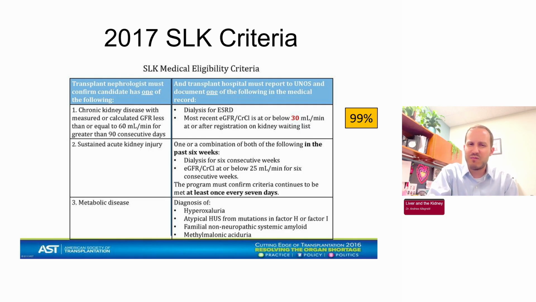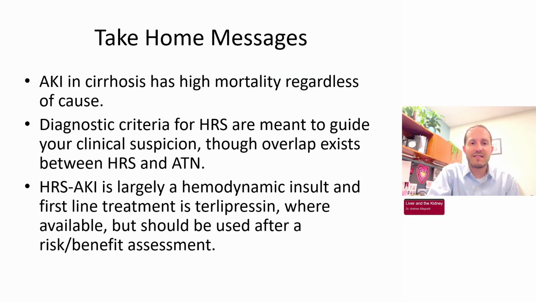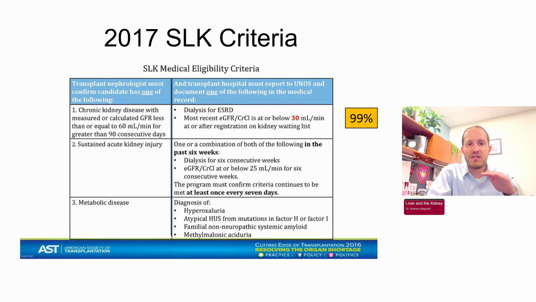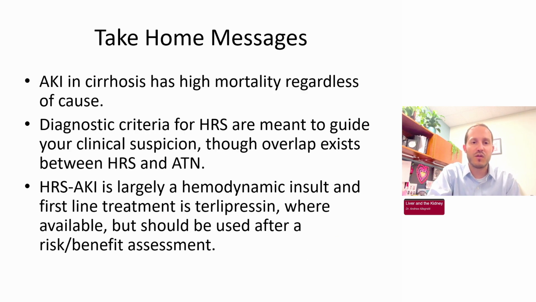But in reality, this is the only functional way I see a lot of patients getting their dual organs, because the second way, sustained AKI, meaning you have to be on dialysis for 6 weeks, it's really hard to be alive that long and not get the transplant. So in reality, I don't see a lot of that. There's a couple of metabolic diseases that you'll see on a board exam, but probably not in practice, that also warrant a dual organ. This has led to, I would say, a stabilization in the SLK rate and an increase in the kidney after liver transplant rate, which these patients in the first year after transplant are entitled to a safety net evaluation, meaning they get liver transplant or kidney transplant priority listing if they don't recover their kidney function and they didn't get the dual organ.